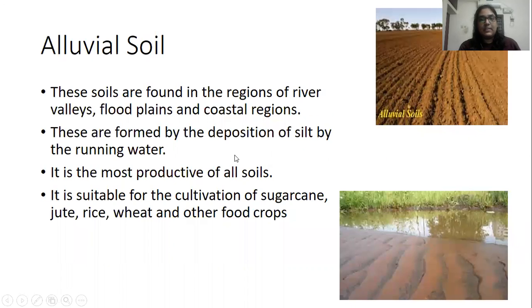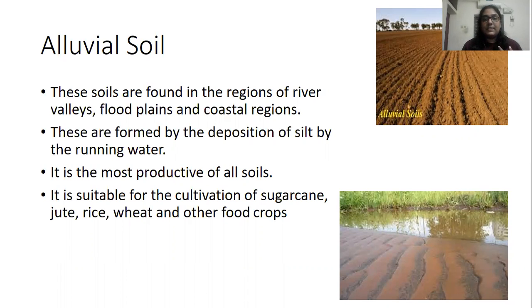Let's see what alluvial soil is. So, firstly, remember alluvial soil is associated with water. Wherever there is water, there will be alluvial soil. These soils are found in the regions of river valleys, floodplains, and coastal regions.